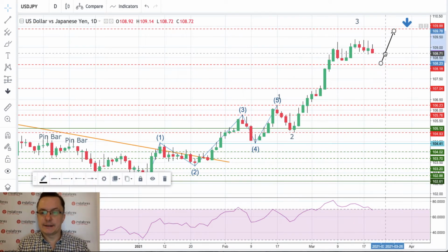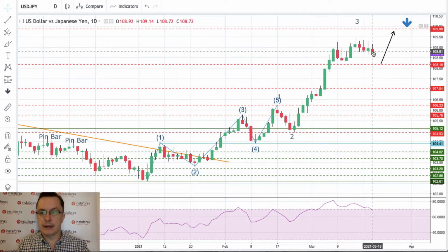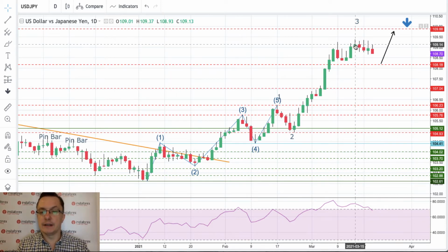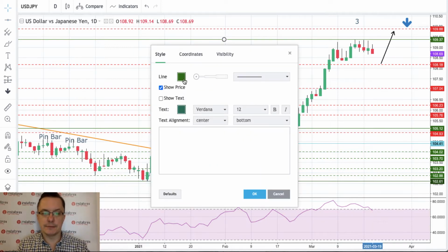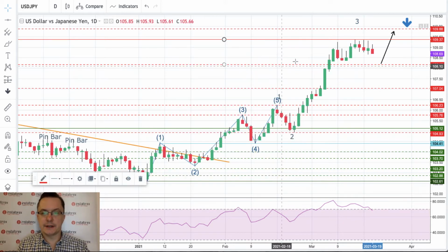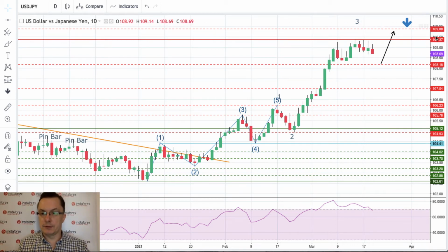So please consider the fact that after the data, we've made a high at the level of 109.14. Actually, as you can see, there is an upper shadow of this candle. There's an upper shadow here yesterday, 2 days ago, and here. So there's clearly some kind of pressure around the level of 109.88, somewhere there. So let's just make it clear that this is the technical resistance zone, and as you can see, our target for the wave 3 was